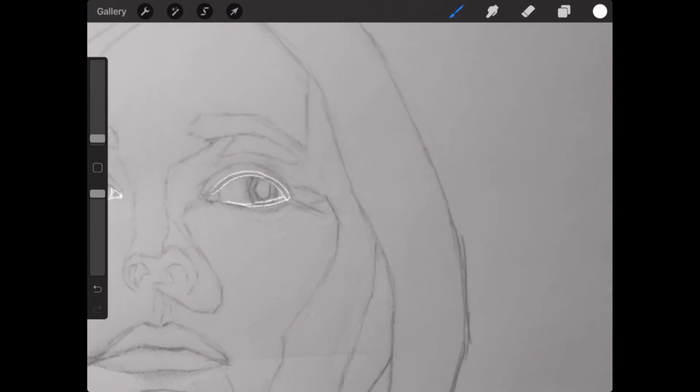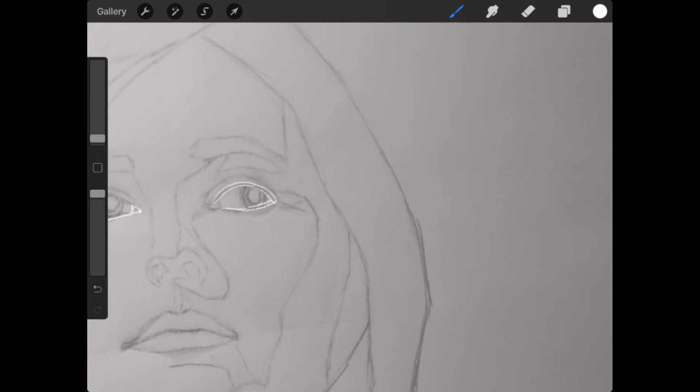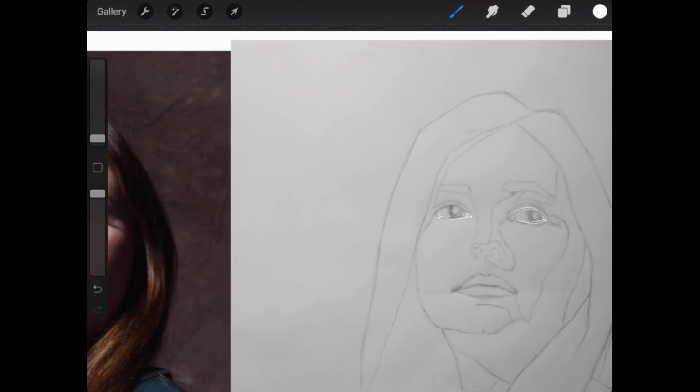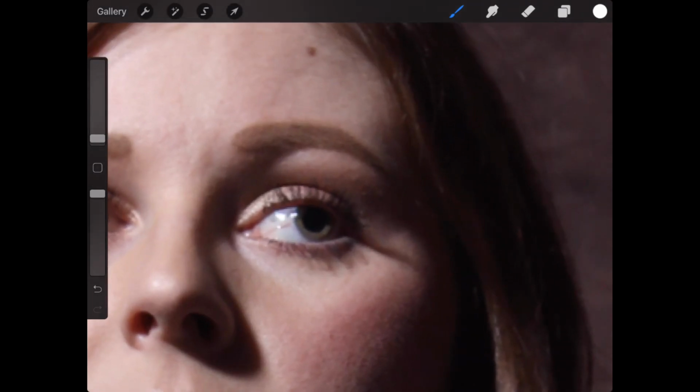So on the bottom eye, it's a little different because we're looking up at her here. We see it like this. So we see the full underplane across this eye almost entirely on the upper lid, but on the bottom lid we only see it in this section.